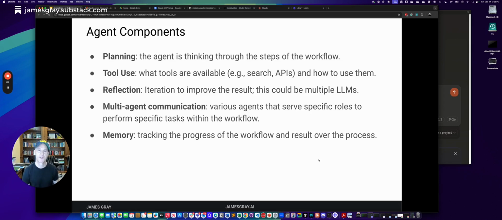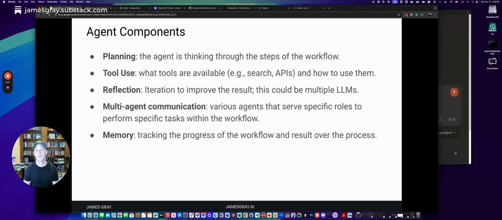Let's reinforce some of the components of an agent. The first, as I mentioned, is reasoning or planning. These agents take a problem and decompose it into a series of steps and a workflow, just like what we do in our work, but the agent is going to do that for you. Tool use: we give the agent a set of tools that we've authorized it to use to execute these tasks, and it's up to the agent to use the tool of choice that it selects, given the problem. Third, reflection. It iterates and improves until it's achieved the result.